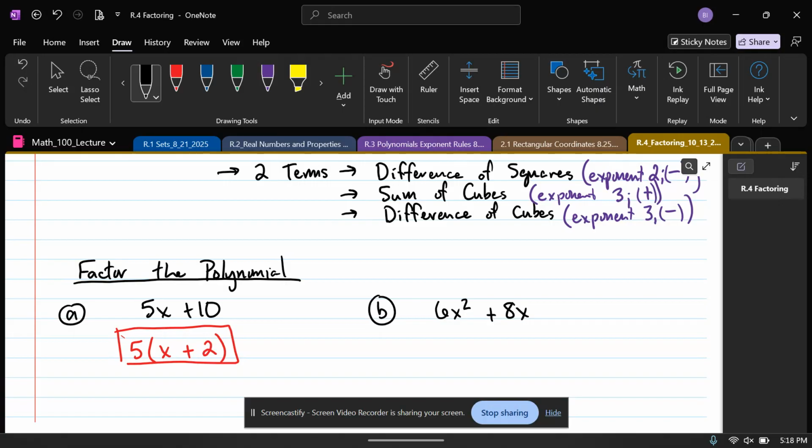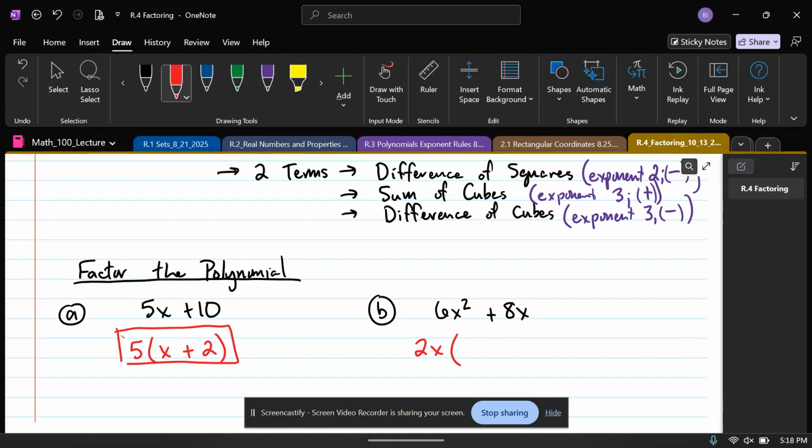So what goes into both of those? 2. And then they both also have an x. The first one has 2 x's. The second one only has 1. So how many do they have in common? Not 3. 1 in common. If the first has 2 and the second has 1, there's only 1 that's the same. So the common factor there is